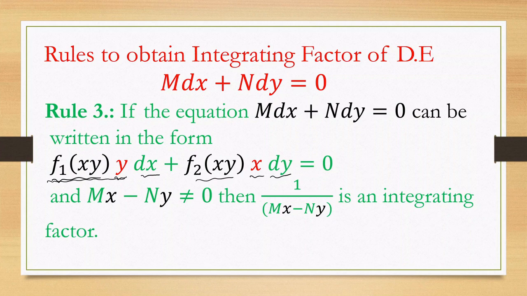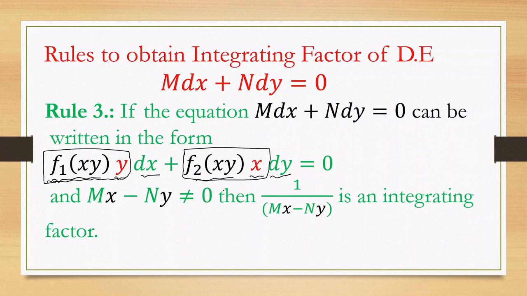This whole term is our M function, and what is N function here? This f2(xy) into x is the N function. Suppose M into x minus N into y is non-zero, then 1 upon Mx minus Ny is an integrating factor